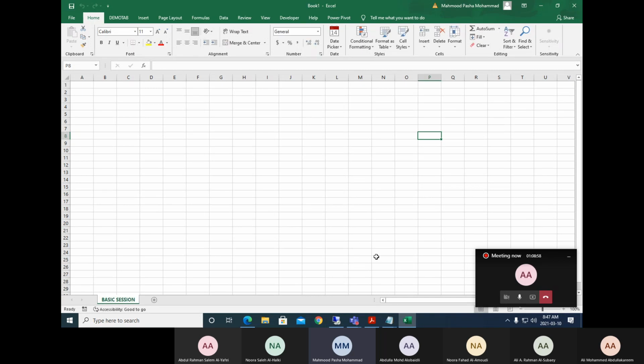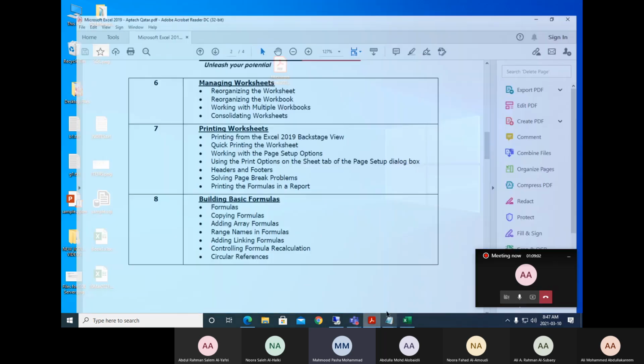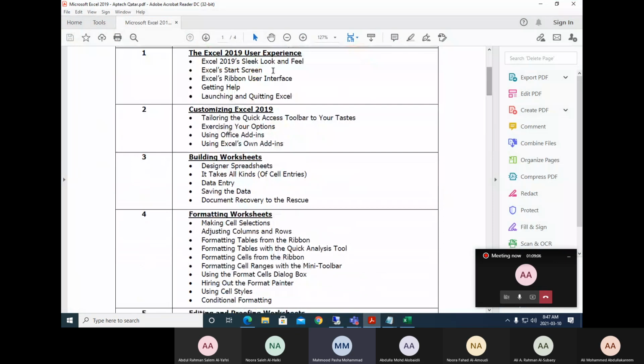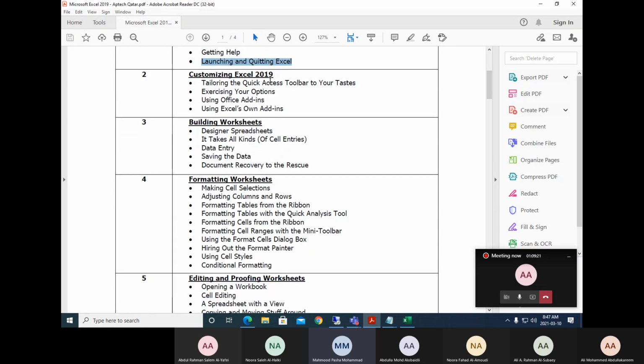Now one more thing before going into more content, let me show you the syllabus once. See, this is the syllabus of your Excel. First, we are going to see the look and feel, what the start screen is, what the ribbon is, how to get help, launching and quitting Excel, how to close Excel. That's a simple thing, everyone knows this. Then customizing Excel: what is the quick access toolbar, what are the different types of add-ins.